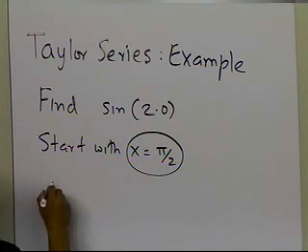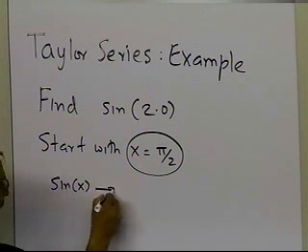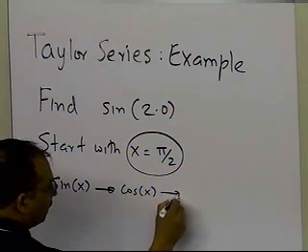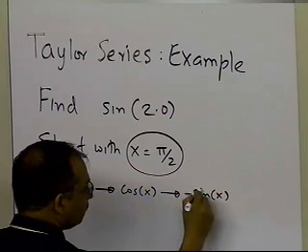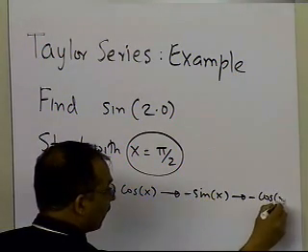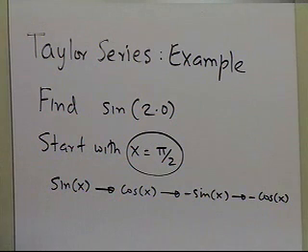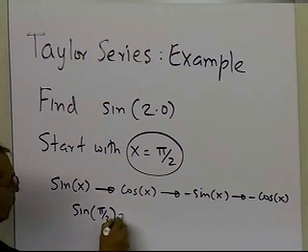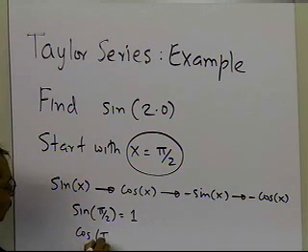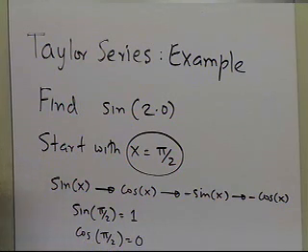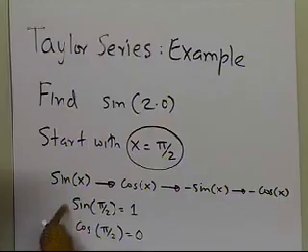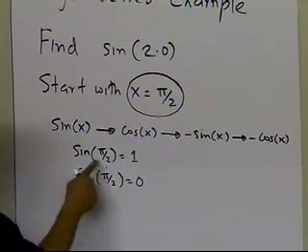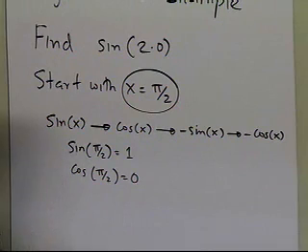And that seems to be pretty all right, because if I take sine of x and take the derivative, I get cos of x. If I take the derivative of that, I get minus sine of x. Take the derivative of that, I get minus cos of x. So the only forms of the expressions I get for the derivatives are simply sine and cosine. And I know that sine of pi by 2 is 1 and cos of pi by 2 is 0. Those I know as exact values, so I don't have to find them from any handbook. So this seems to be a good starting point for applying Taylor's theorem.